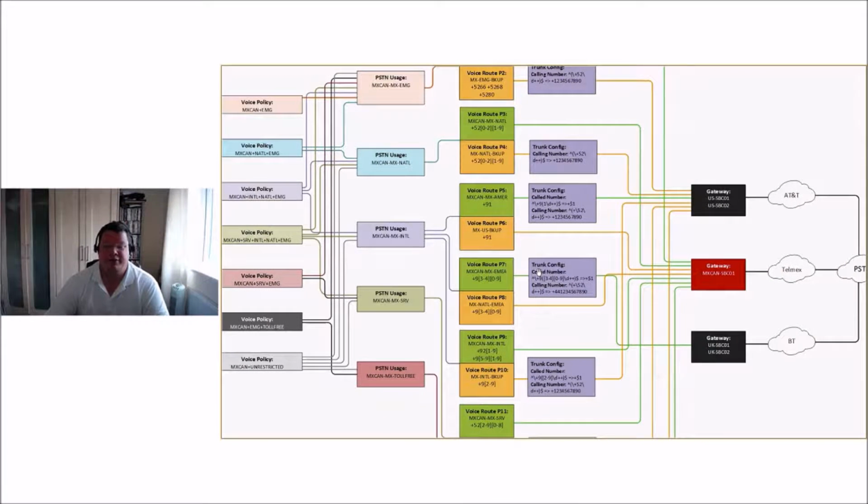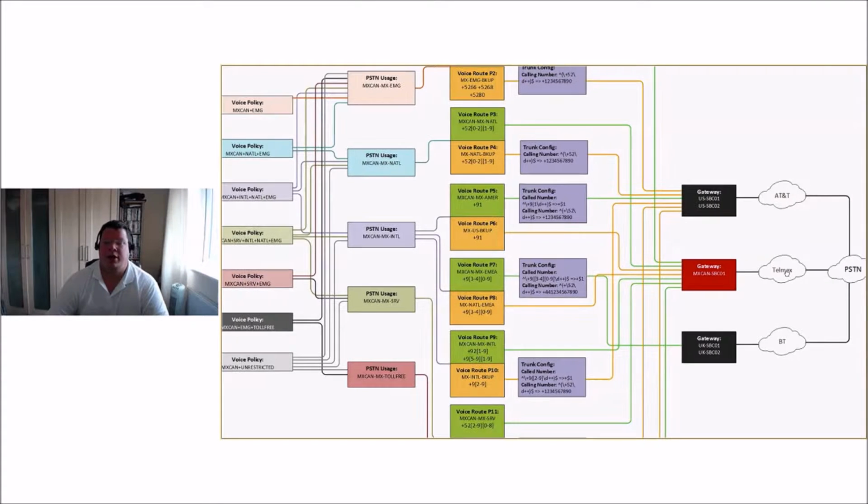So why do we have the trunk configuration placed on this EMEA route, on the primary route, and not on the backup route? Well, simple, really. It's all down to how the telco will accept your calls to them, and whether they will allow the call to progress over their network. So there are a number of rules here. So when the Mexican user is calling